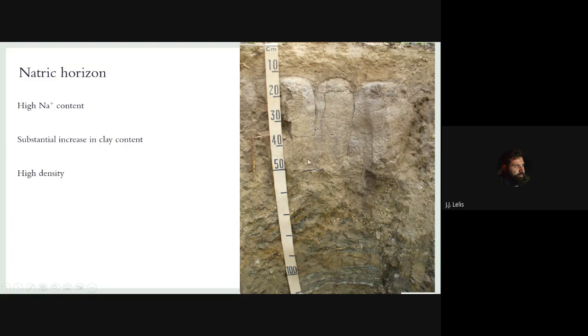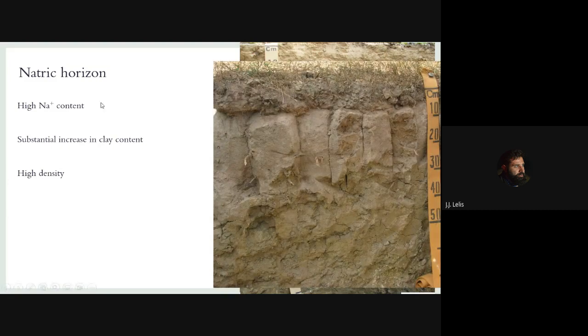We don't see a lot of roots in the subsurface horizon because we don't have a high number of voids or huge voids, because all the voids, all the pores, are filled by clay that migrates from the surface to the subsurface horizon due to the action of sodium. Okay,